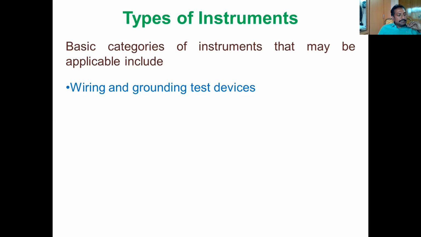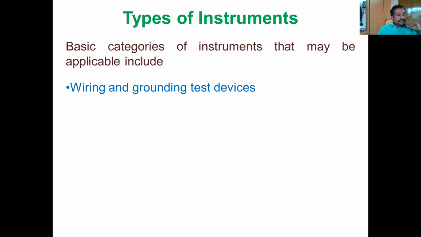Number two, measurement of ground impedance and neutral impedance. Next you want to measure what the ground impedance and the neutral impedance are, and see whether they are within the limit or not. Next, detection of open grounds, open neutrals or open hot wires, since problems may be due to these. Next, detection of hot-neutral reversals or neutral-ground reversals. If any reverse connection is there, you identify it.